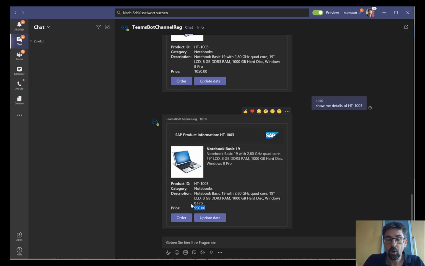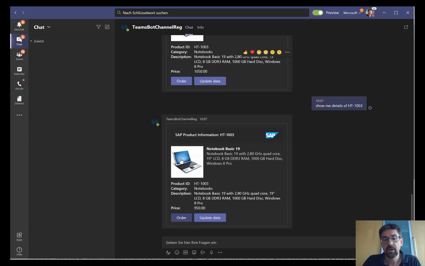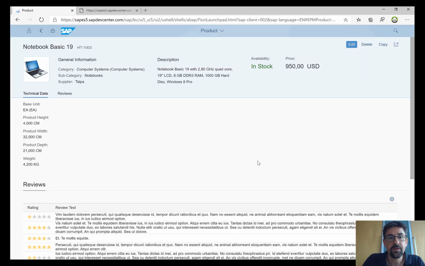In this so-called adaptive card, and I'll take a look at this in a second, I can also interact with this. So potentially now I could say, well, I want to order 50 with priority shipping, and I could add some notes, and then I would just click on order, and potentially a workflow could be kicked off that triggers this order scenario. So this is a very easy way of how to embed SAP data into Teams. And doing this again is actually fairly simple.